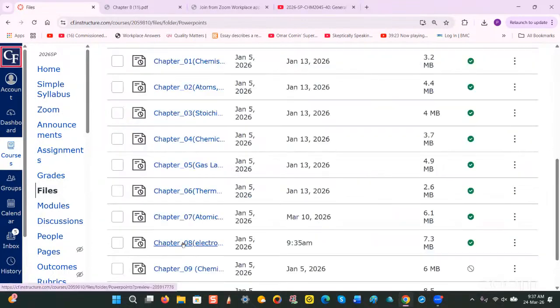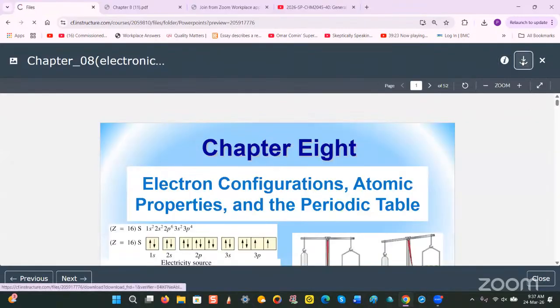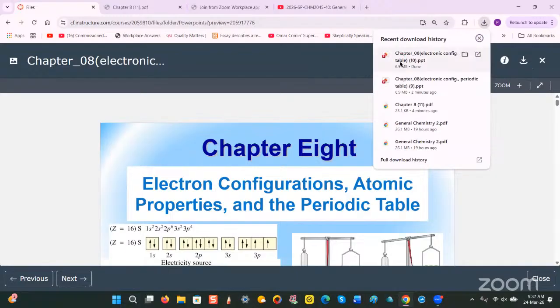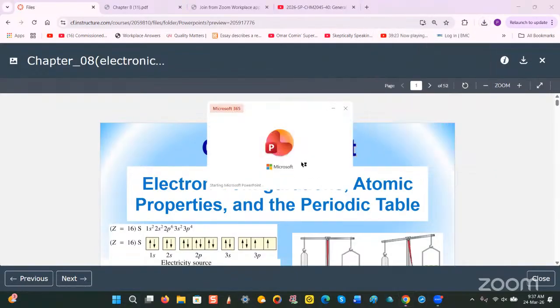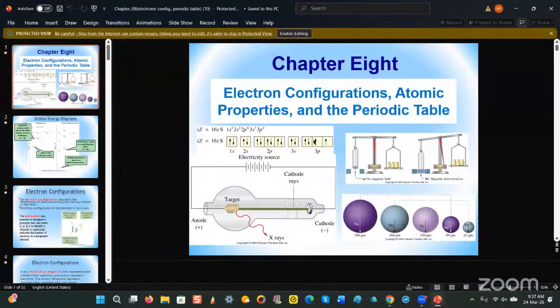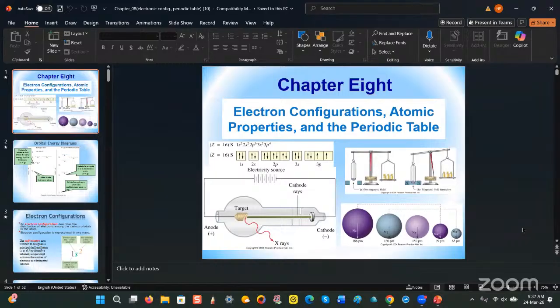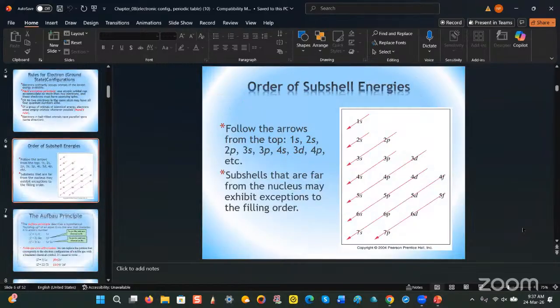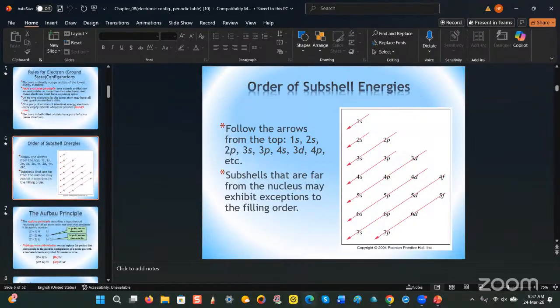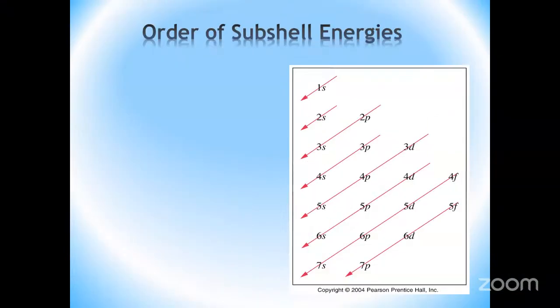And that would be here. Okay, so this is a diagram that you can use to help you to establish the orders of the orbitals